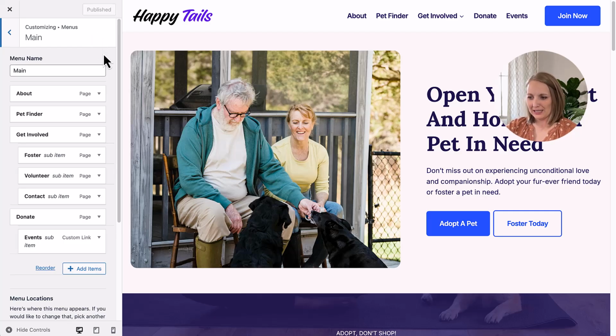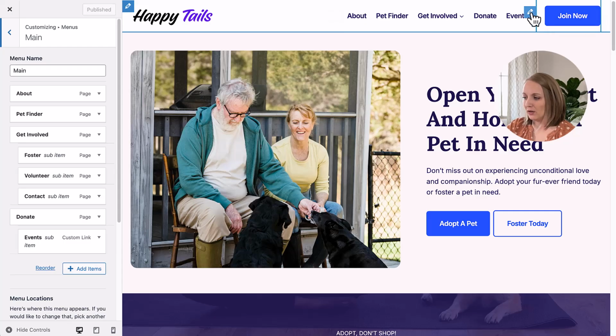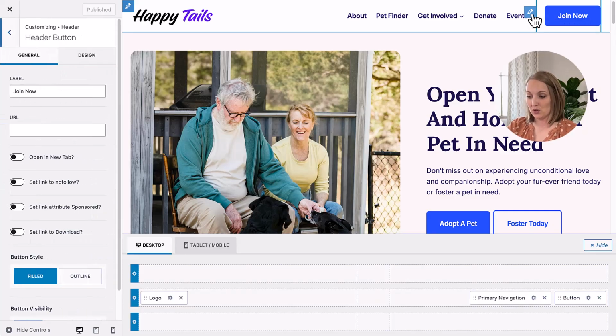Now, because we're in this screen, we've kind of lost that visual builder on the bottom. So another really cool feature that you can do is you can hover over that button, and anytime that you see this little pencil icon, you can also click on that and it will pull up that visual builder again and the appropriate settings panel on the left-hand side. So if you can't figure out where it is on the bottom, definitely check that little pencil icon at the top in the actual visual area. Okay, so